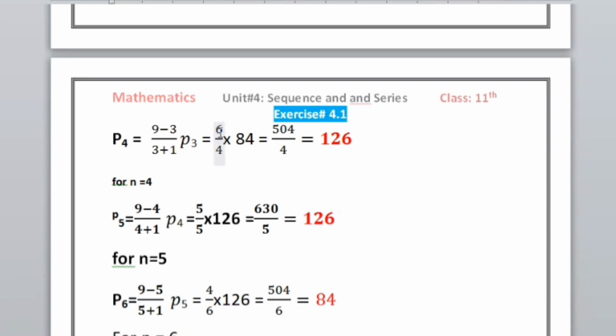So 6 multiply 84 is equal to 504 divided by 4, 126 fours are 504. So p4 is equal to 126. Next, for n is equal to 4, p5 is equal to (9 minus 4) divided by (4 plus 1) times p4, which is equal to 5 divided by